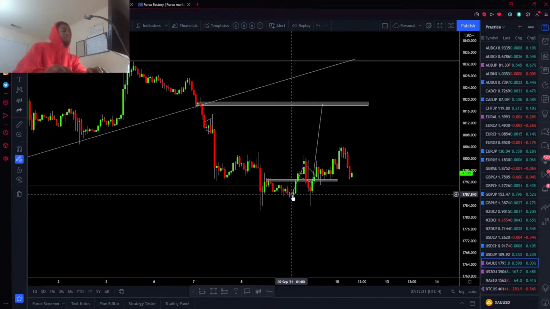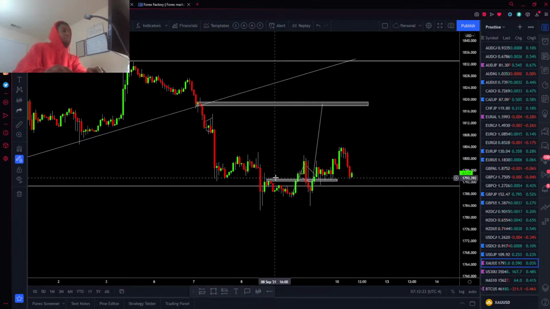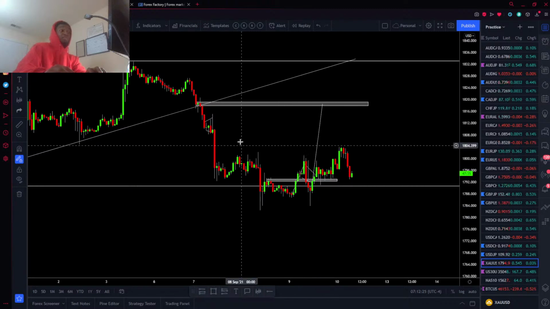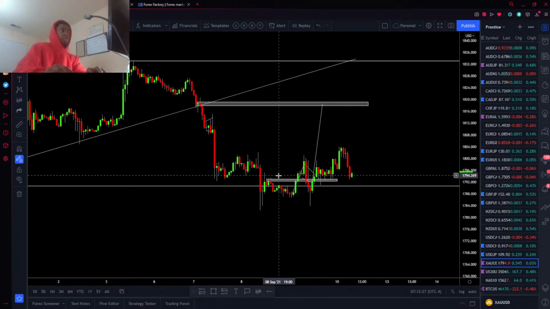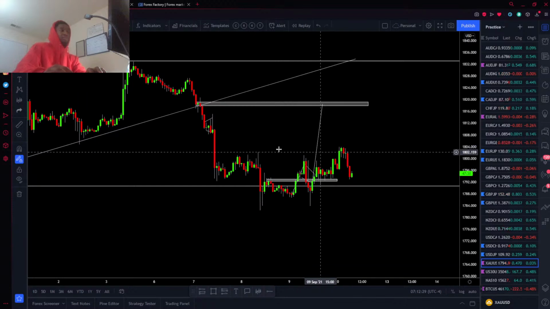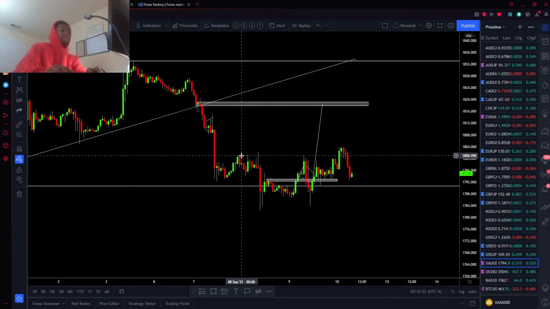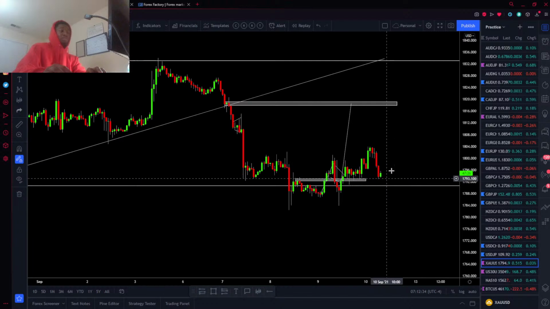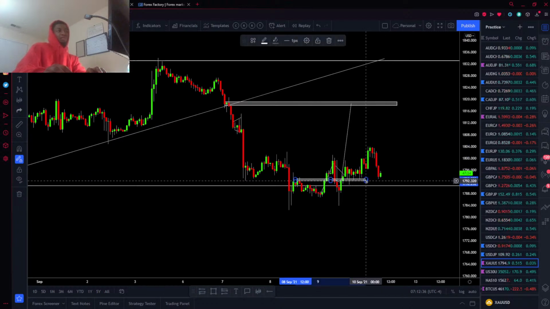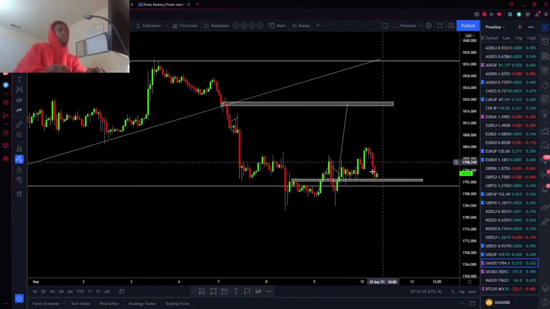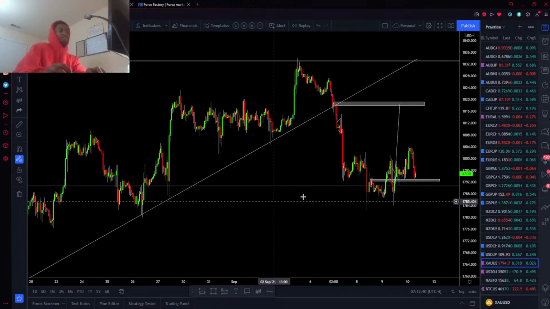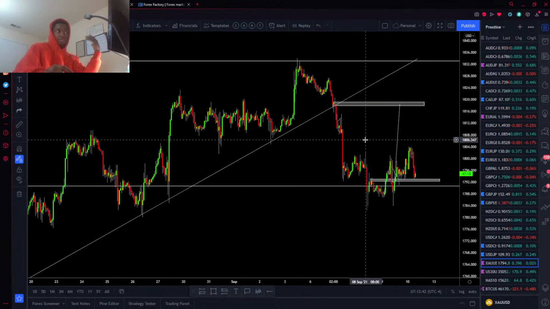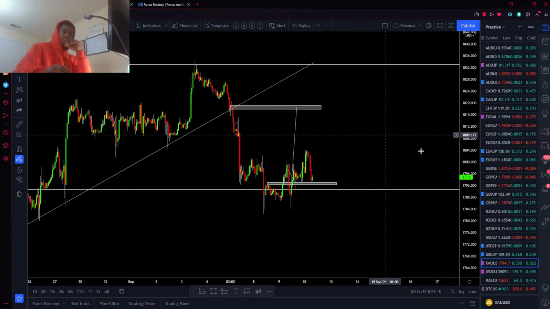So here I was looking for basically a break at this level, or that trend, whichever way you want to call it. Break this level, correction, then looking for a buy. You see price broke this level now and then waiting on a correction and looking for a buy. Same thing. Alright, I like the buy in this situation. If price breaks this level, then I'll start looking for sells. But that's pretty much it.